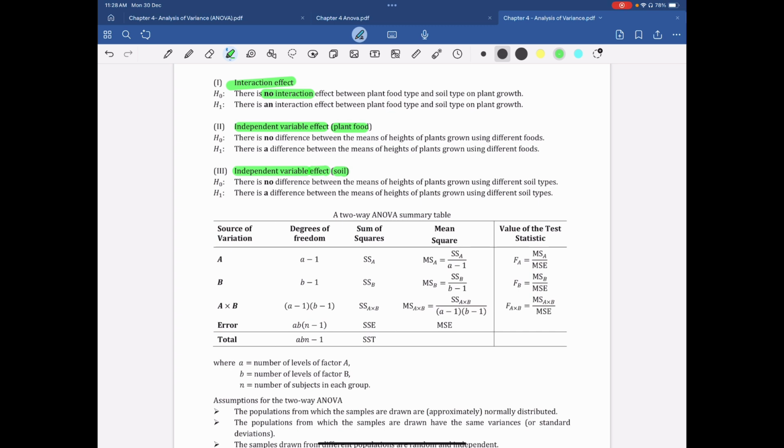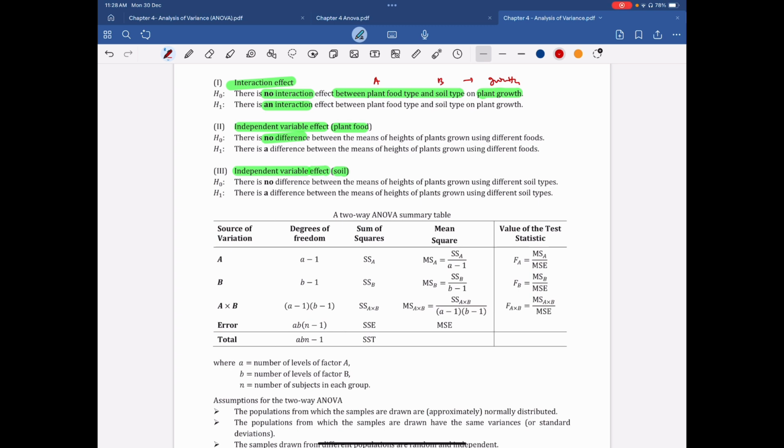Okay, whereby for the alternative hypothesis, there is an interaction. While for independent variables, your null hypothesis is written as there is no difference. Make sure you write the correct hypothesis. When we write the interaction effect, you have to mention between plant food type and soil type on growth, which means you have to mention both A and B towards growth,